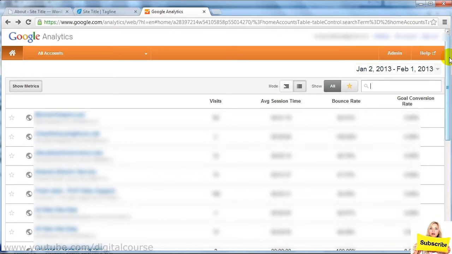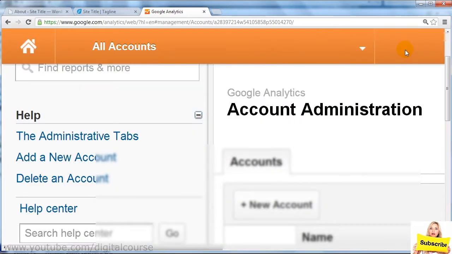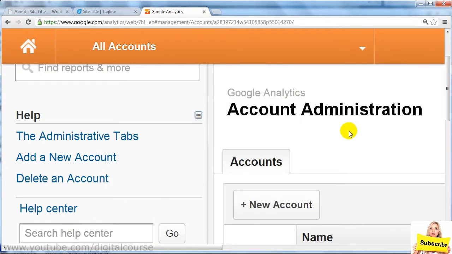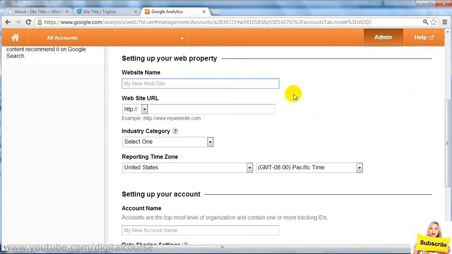In order to add a brand new account, simply click on Admin. And at the very top, you're going to see right under the Accounts tab, New Account. So click on this link, and you'll be forwarded to this page where you can enter your information, your website name, your website URL, and so forth. So I'm going to go ahead and enter this information,